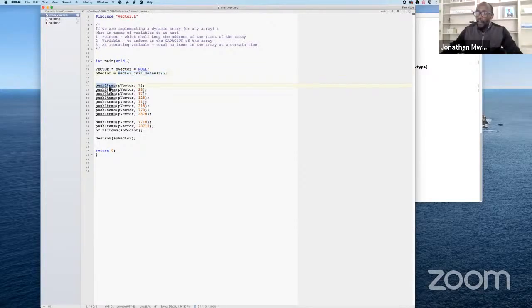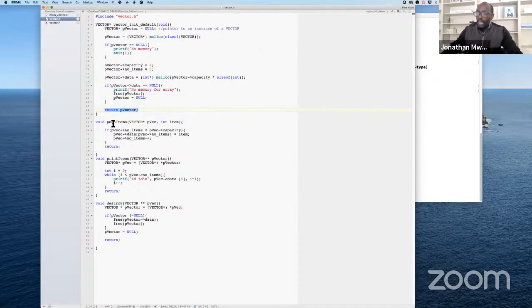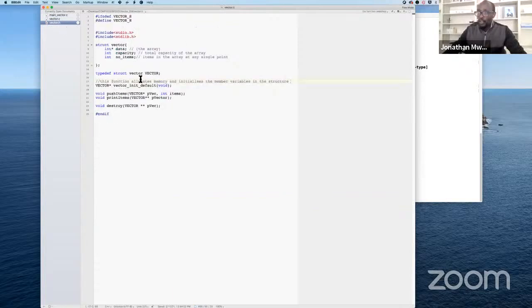Then we create a function, for example, the push items function, which is basically pushing items into the array, one by one. We pass the pointer to vector, and then we pass an item, and then we allocate those items one by one. We have another function, print items. It prints all the items in the array. And we also created another function called destroy that is freeing up all the memory held by the structure. Okay, so that's where we were last time,